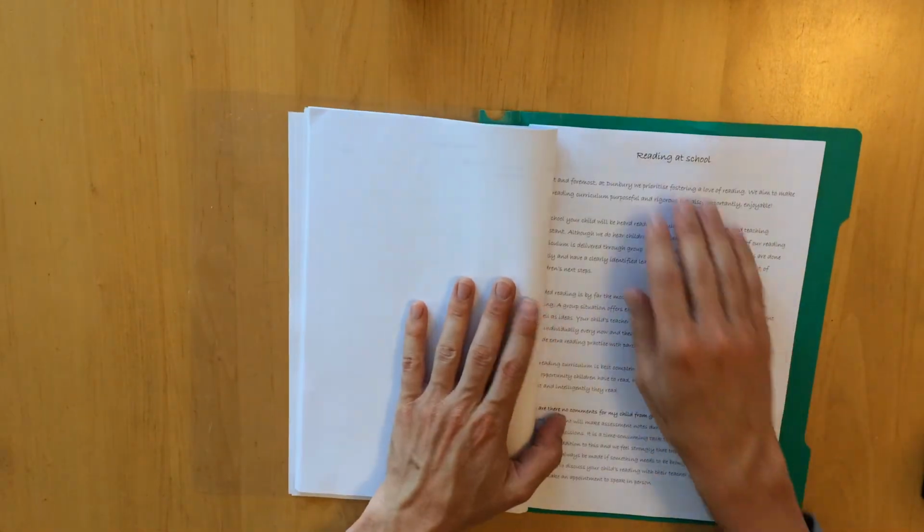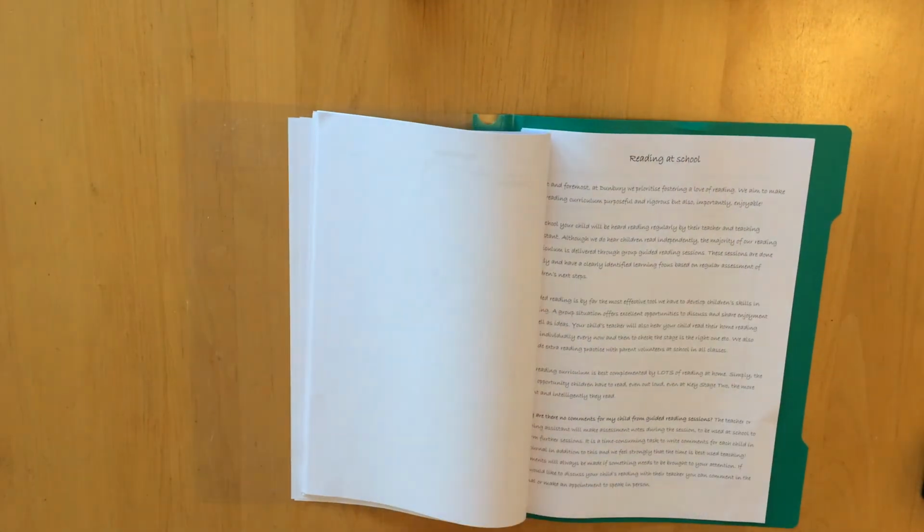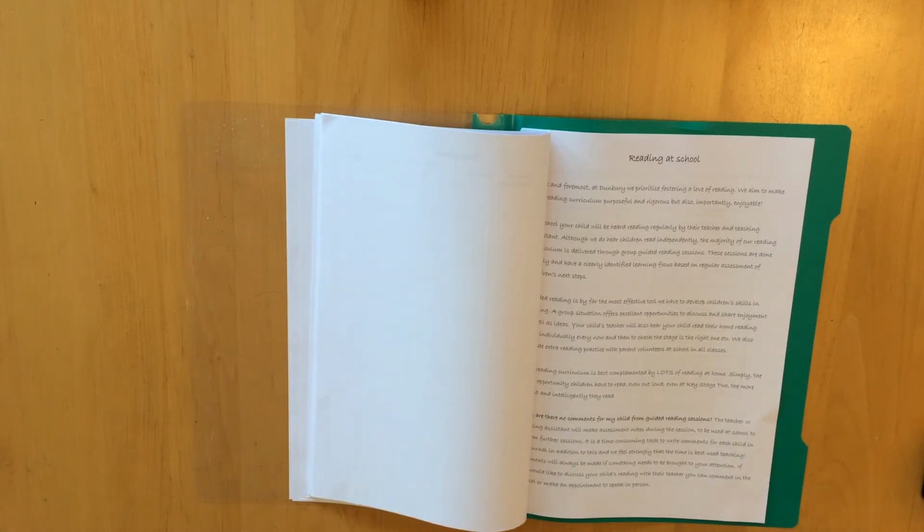There's also an information sheet here at the back which explains to you how we teach reading in schools, and it really hammers home the point that we do teach reading in groups, and so as well as that teaching that we give them in the classroom, it's of extreme benefit to children that get one-to-one support as well. We do have parents and teaching assistants who listen to children one-to-one, particularly those children that are still struggling to read the words on the page, but obviously the more help they get from home one-to-one, the better